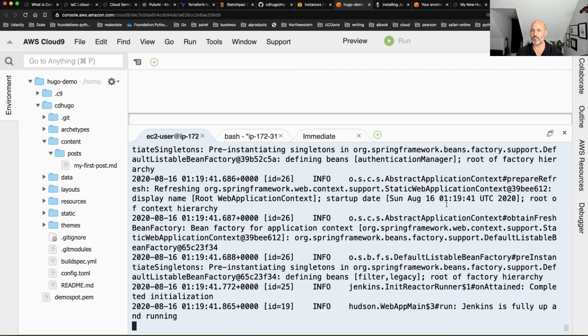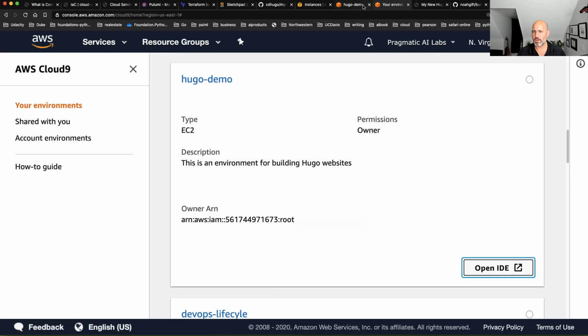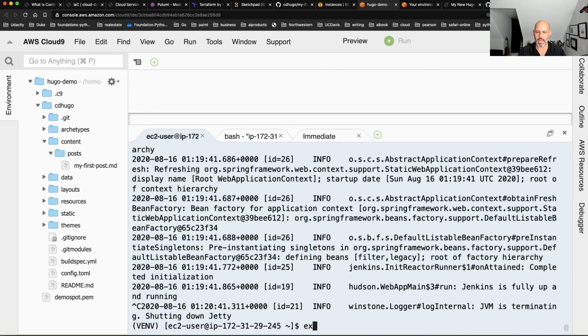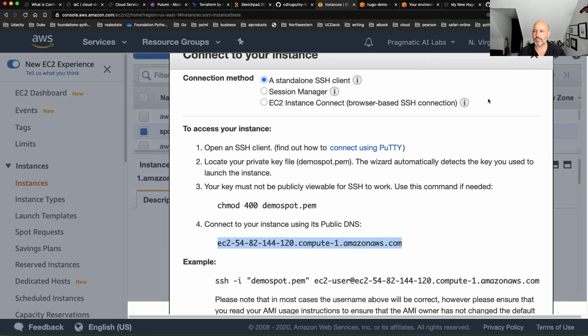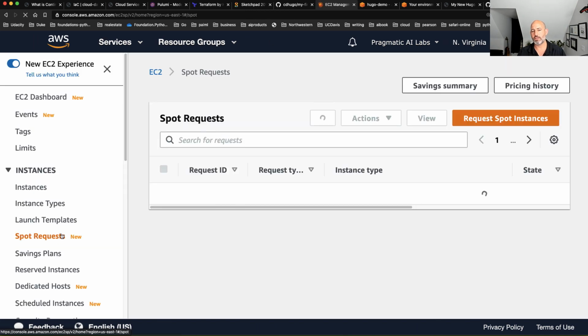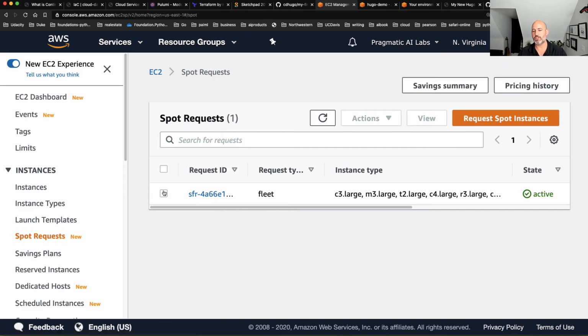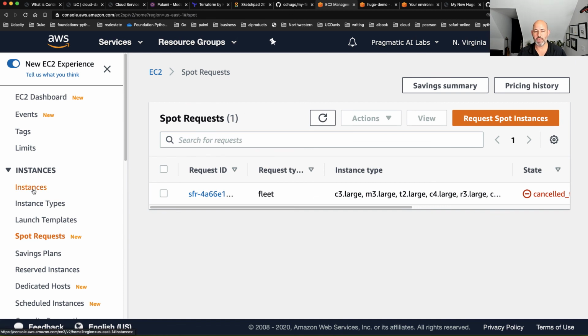And then once you've got it all configured, then you could configure a very sophisticated Jenkins. So I'm just going to kill all this stuff. I'm going to kill this Jenkins build server, exit this. I'm going to go back to my EC2 environment, and to kill the spot instance, what I will do is go to spot requests. You kind of kill it at the root. It's like killing a weed. You go through here and you say terminate spot instance. You say action, you say cancel request, and then also terminate instance. There we go.